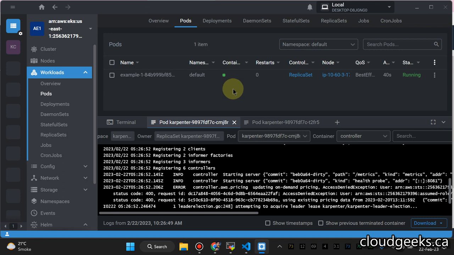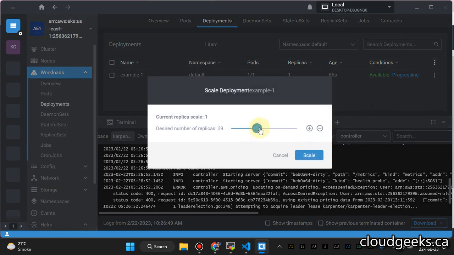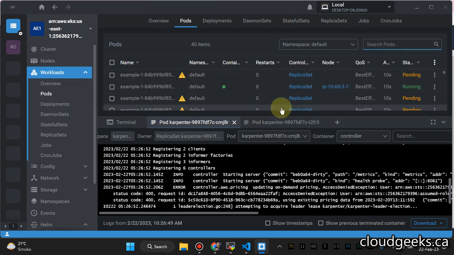So how can we reduce our cost? For instance, let's say in high traffic we want to do the auto scaling, and we want more instances. Previously we used the cluster autoscaler, now we are using Karpenter, beyond horizontal scaling of our pods, right? So let me scale this to, let's say, 40 pods, in case it's a weekend and we have heavy sales. So some of the pods are going to be